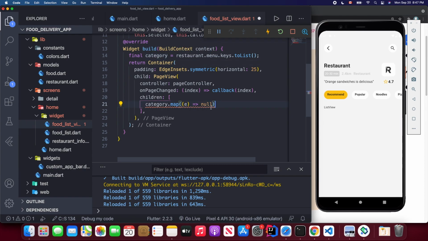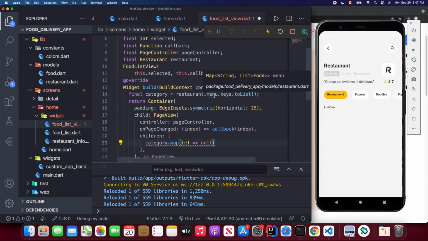See, it's a list. So for its menu, we have a list of food. Right, so the key will be the string. So it's like our category, and because it is a map, we can access its list of food. So first we're using this category map, going to return